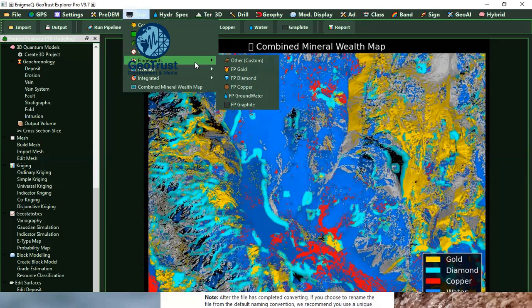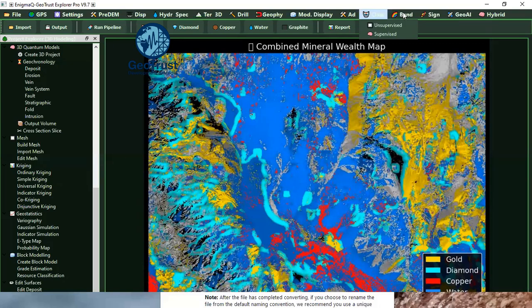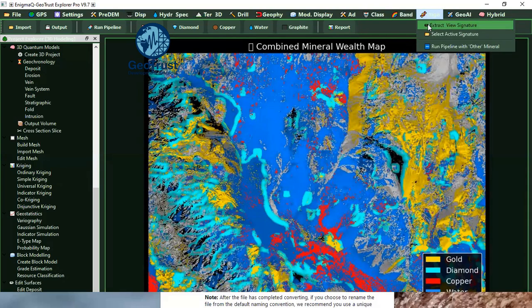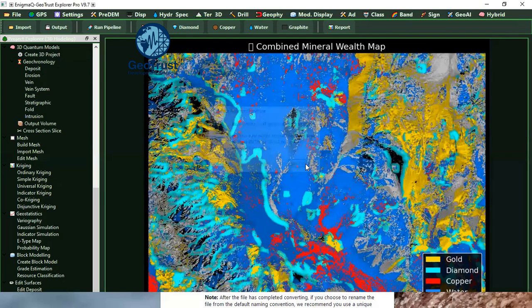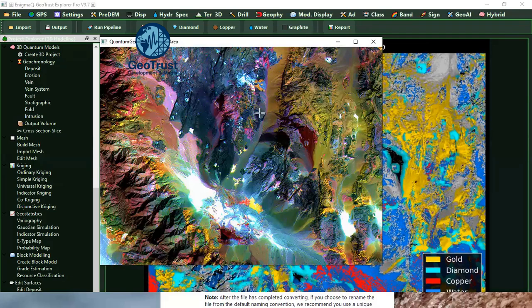If you select a new mineral, you could display the fingerprint of this new mineral. You just select it from here, from signature here. Just select extract and view signature, and click OK. It will open the original map. Just drag by your mouse to select a certain signature for a new mineral. For example, if we select this zone and click enter,